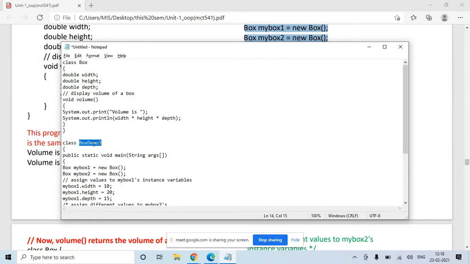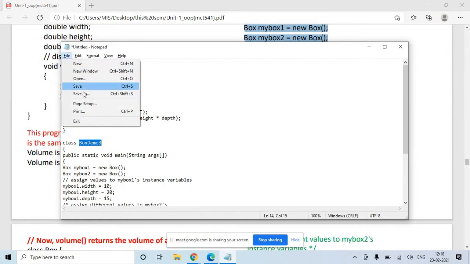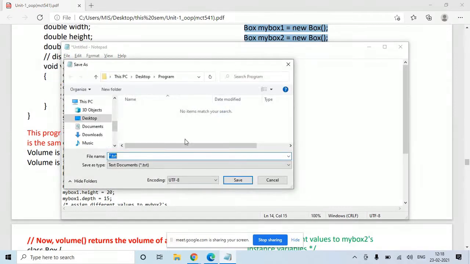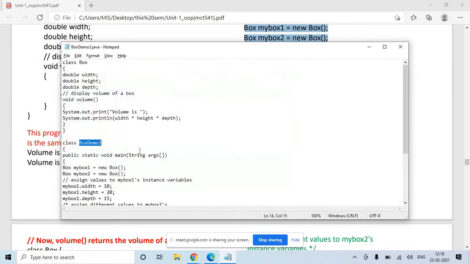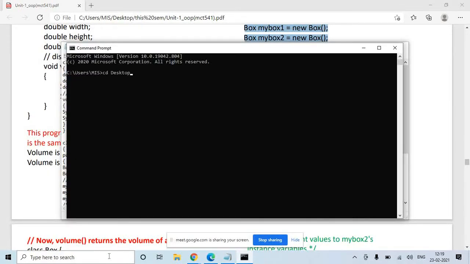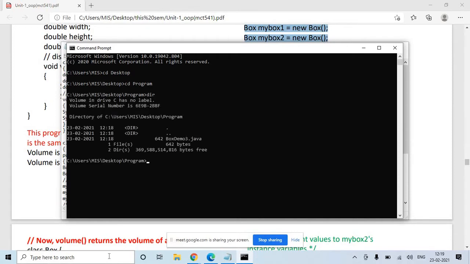with the name boxdemo3.java. Let us save this file. Okay, then we will go to here and we'll see the file is there. So javac boxdemo3.java